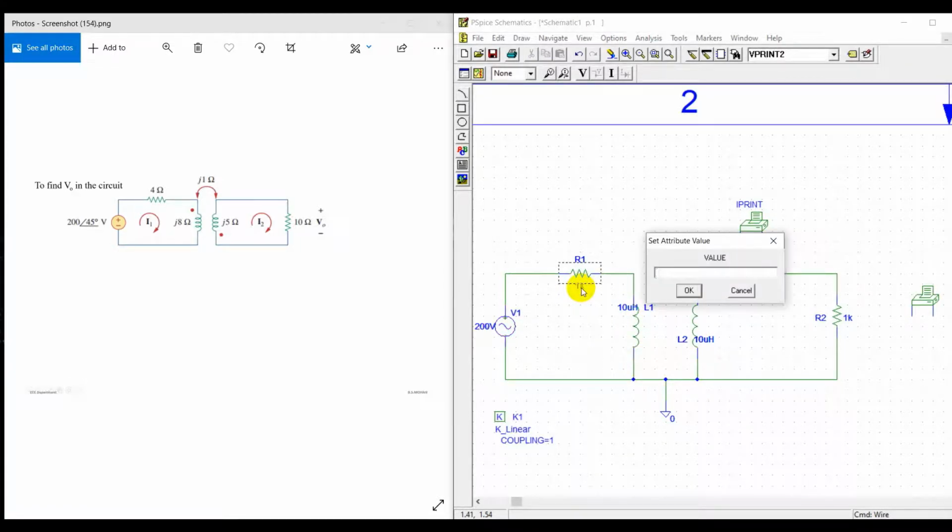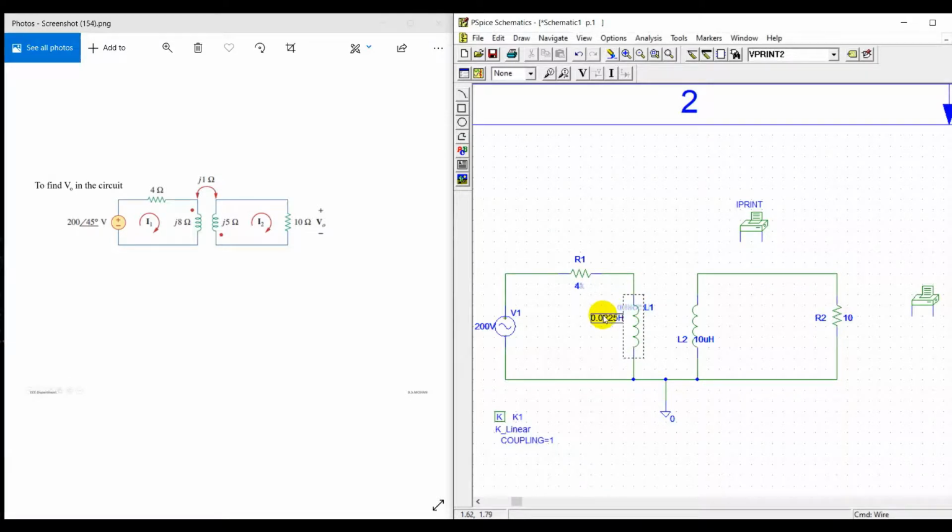Let us set R1 value to 4 ohms, R2 value as 10 ohms. And as we have calculated earlier, L1 value is 0.0255 Henry and L2 value is 0.0159 Henry.